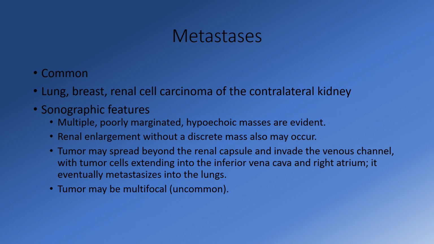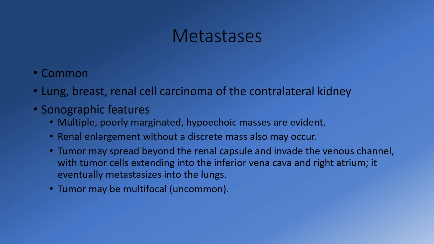You may see renal enlargement without a discrete mass, so you may not be able to make out borders of a mass, but something may just not look right to you. And the tumor can spread beyond the renal capsule, meaning you get that misshapen or disruption of the capsule and invade the venous channel as well. So the tumor can extend through the renal vein and into the IVC, and then can grow from the IVC up into the right atrium of the heart, and eventually it will metastasize into the lungs as it hits that